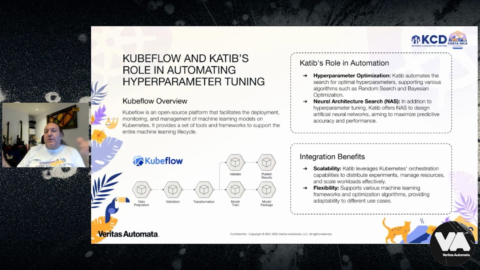And Katib's role in automation for these kinds of things is this optimization. We talked about it: neural architecture search is an addition to hyperparameter tuning that will design a scalable artificial neural network to maximize predictive accuracy and performance. And this is invaluable. The benefits of this kind of integration are, again, scalability and flexibility,